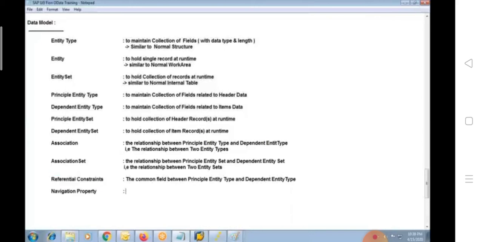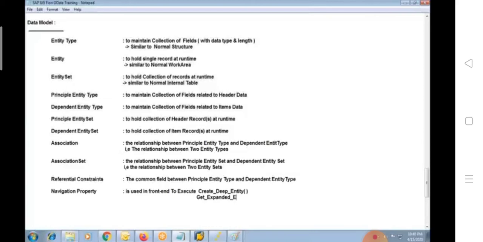And navigation property is used in front end to execute something like create deep entity methods. We are going to execute all these things, create deep entity and get expanded entity.